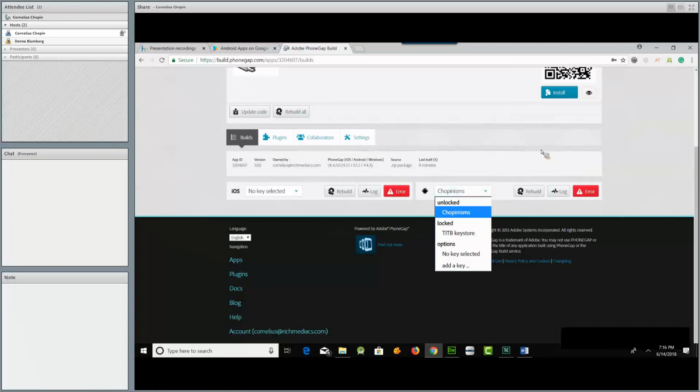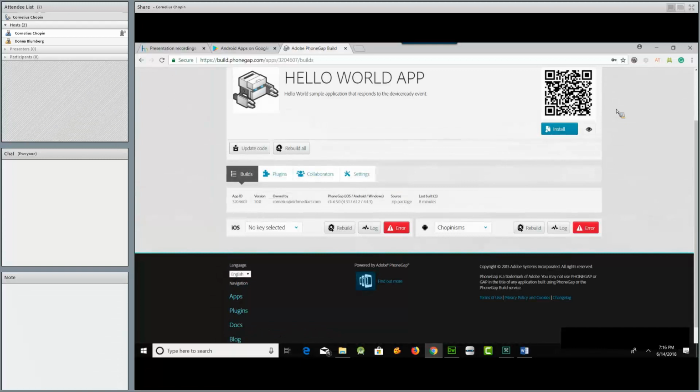So now that I have it unlocked, I can click the rebuild button, and it's going to rebuild that app. Now, if you're creating for multiple platforms, like in this case, iOS and Android, you can go up here and do the rebuild all, but I'm not doing iOS, so I don't need to do rebuild all from here. I could click this one for this one, and I click this one for the iOS